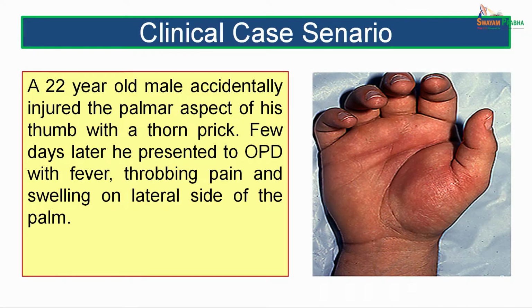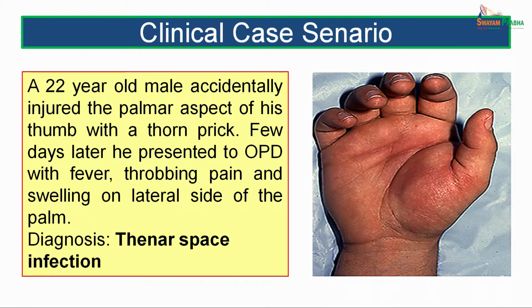Let us first see a clinical case scenario. A 22-year-old male accidentally injured the palmar aspect of his thumb with a thorn prick. Few days later, he presented to the OPD with fever, throbbing pain and swelling on the lateral side of the palm. The diagnosis given was of thenar space infection. As we go through the lecture, we will come to know why these symptoms have come up and how the